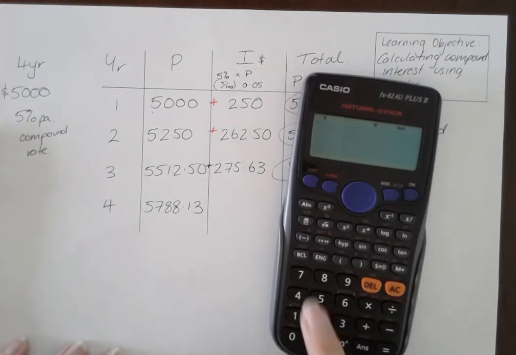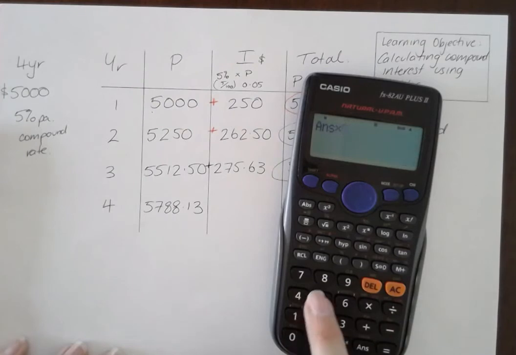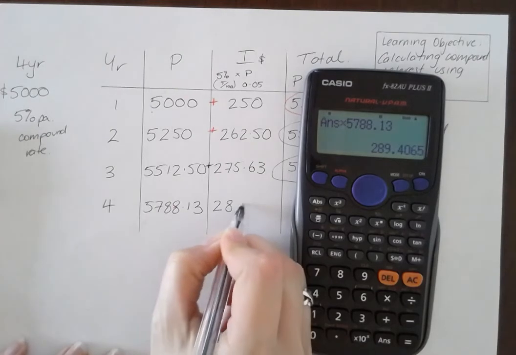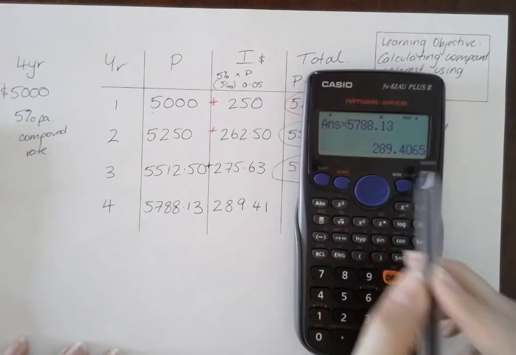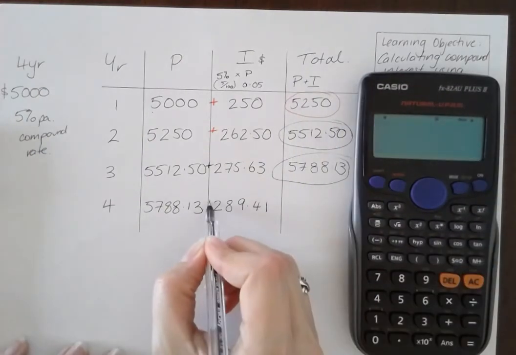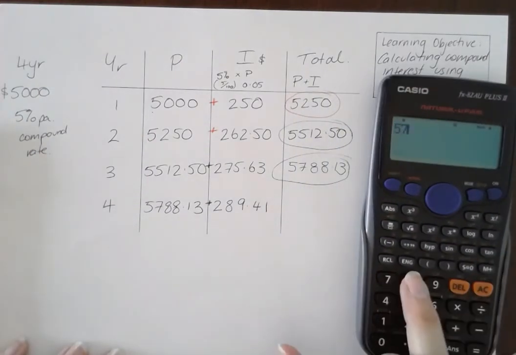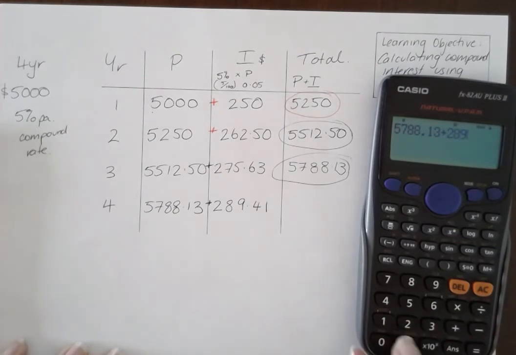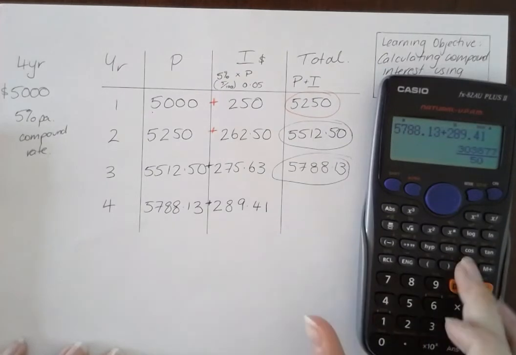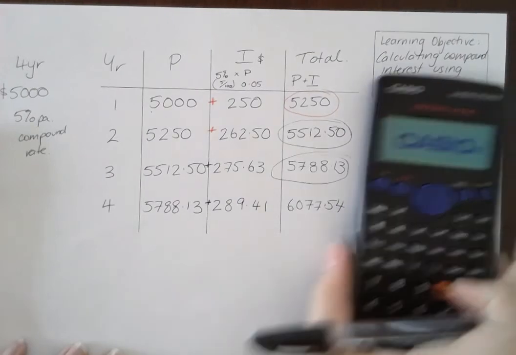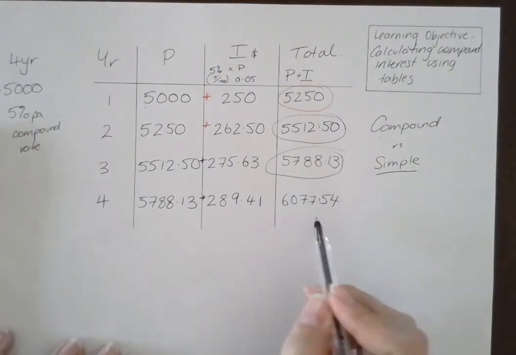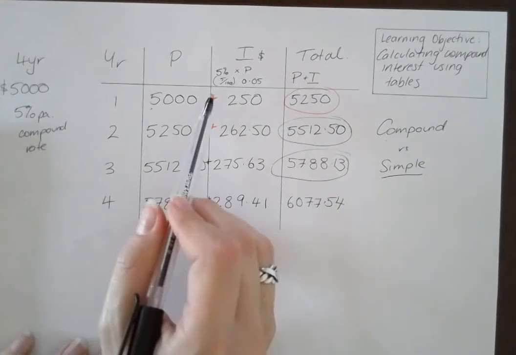Okay, last time. 5 divided by 100 multiplied by 5788.13. Okay, we've got $289.41. Can we see where we need to round here? And then we're going to add them together. So 5788.13 plus 289.41. Okay, our answer is 6077.54. So that means at the end of 4 years, if you started with $5,000 in your bank and a rate of 5%,